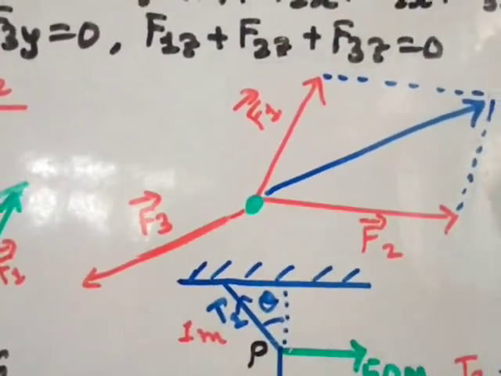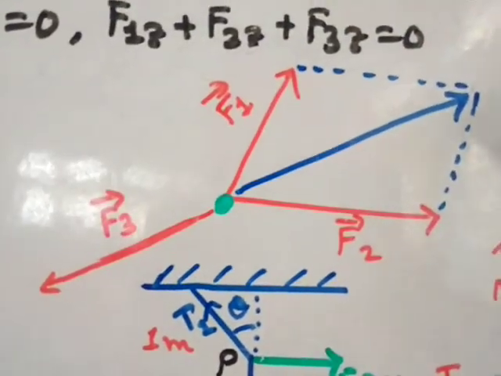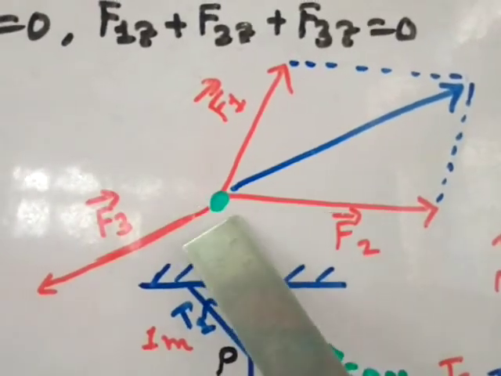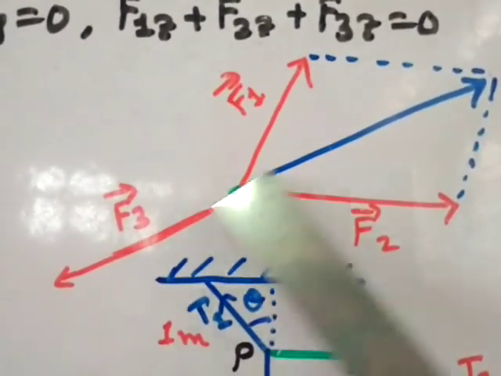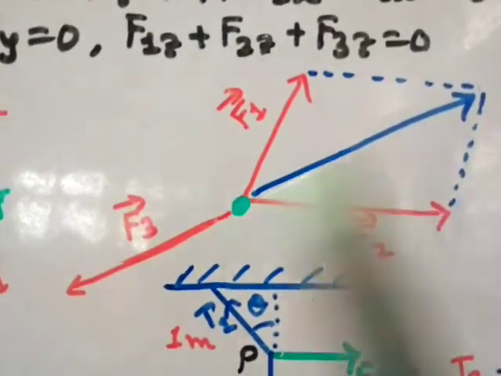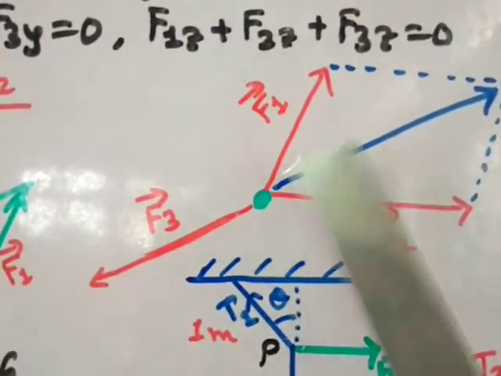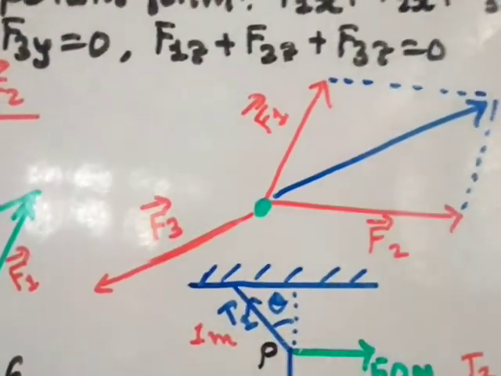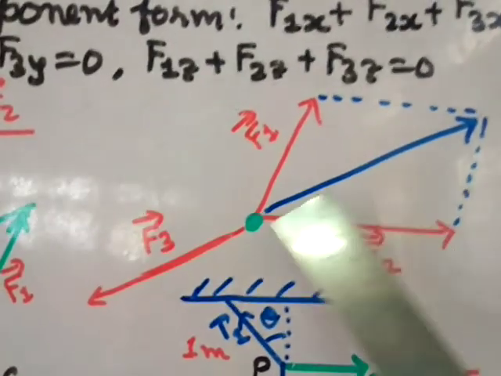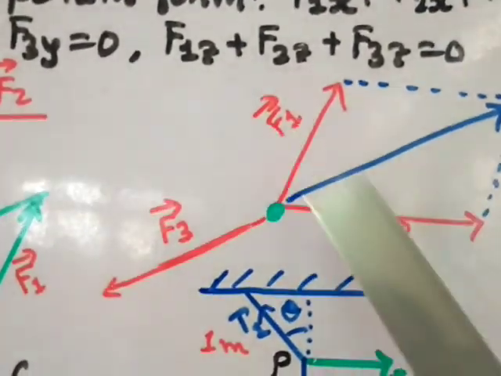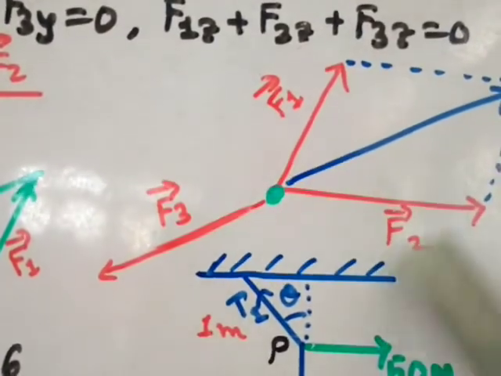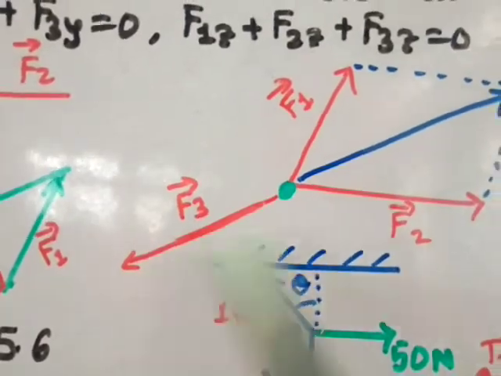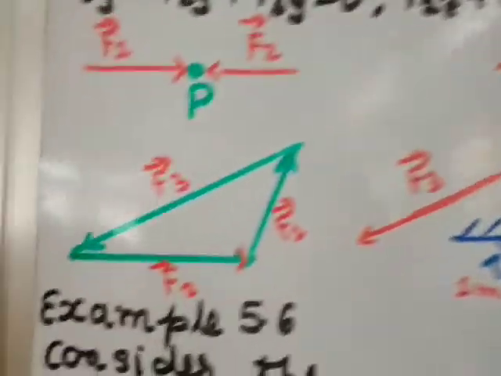Now if I draw a line parallel to F1, that is this much, and a line parallel to F2, that is this one, and you draw the common diagonal from this initial point, from the particle, this will be equal and opposite to the force F3. So this which you are getting is the resultant of F1 and F2, right? We know by the parallelogram law of vector addition that this diagonal will give you the resultant of F1, F2, which will be equal and opposite to the third force, that is F3.